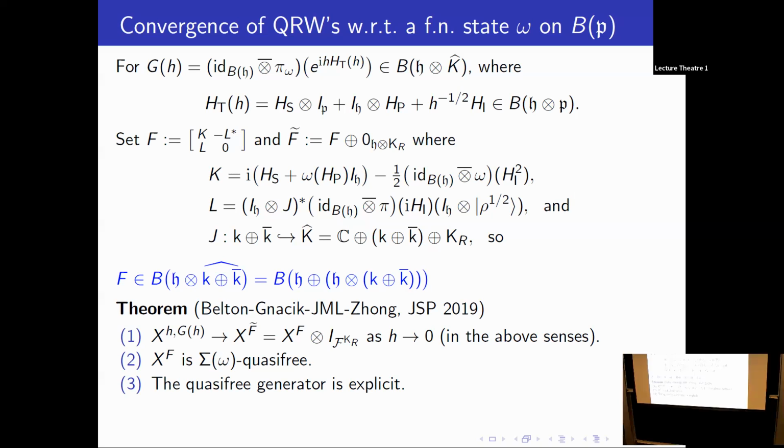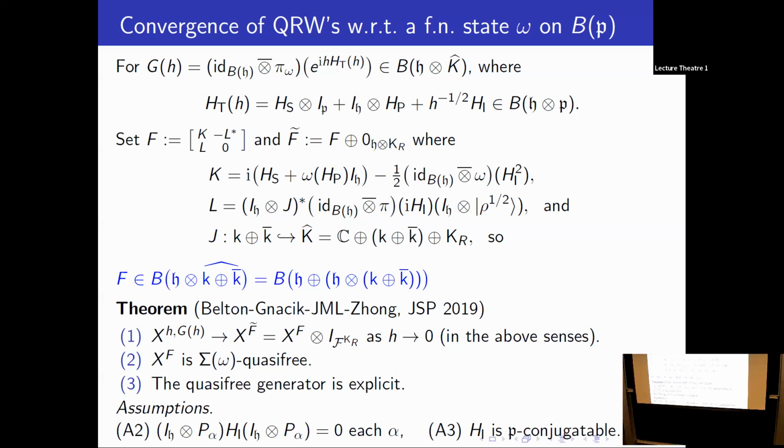And the cocycles that arise in this way are driven by quasi-free noises, so they're affiliated to the algebra generated by the quasi-free noise. And the generator is explicit. There are a couple of technical assumptions to make this work in considerable generality. Thank you for your attention and apologies to